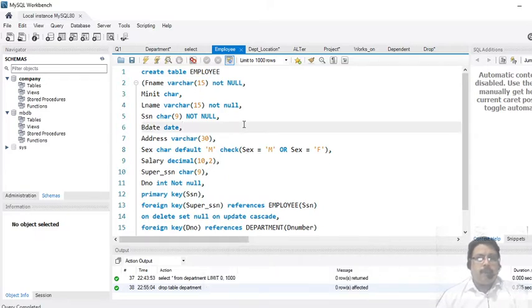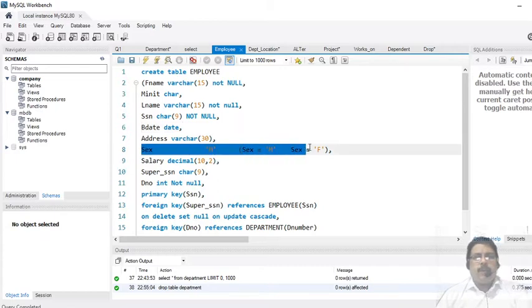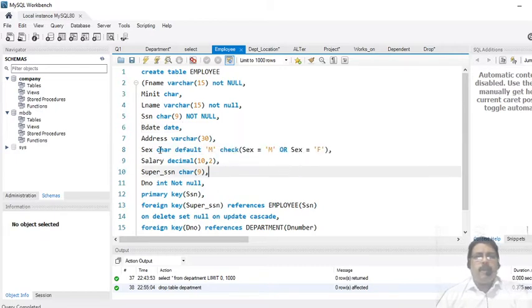Now let us come to this one. Here you see varchar, we know that is a variable character, and char and all these things we know. Date type we use whenever we want to insert dates, and this is a different data type, a different constraint here. Sex we are taking as a character type, a single character. When we take a single character we are not specifying the size here, but here also you see char we have defined, but we have taken it as 9. That means what?